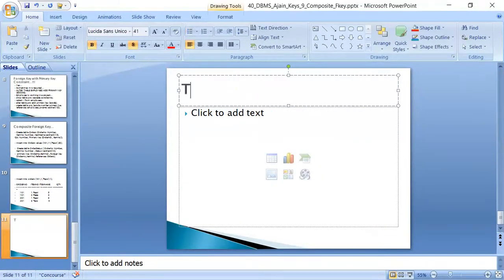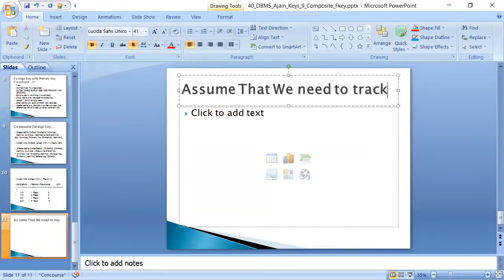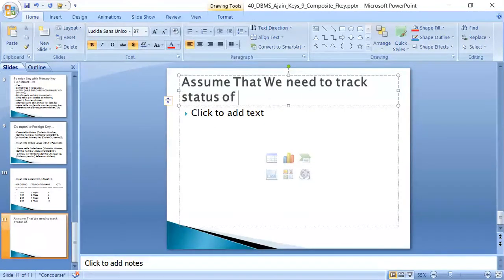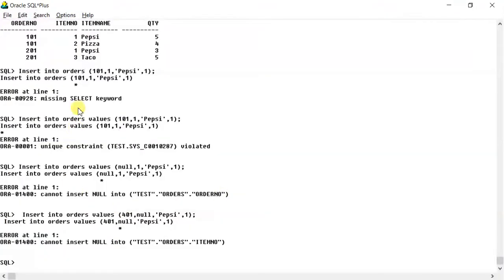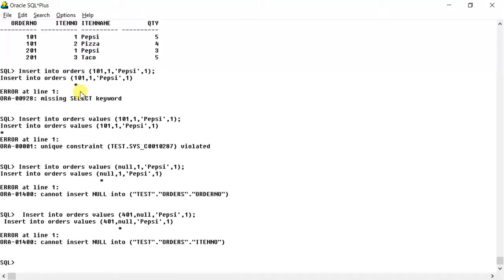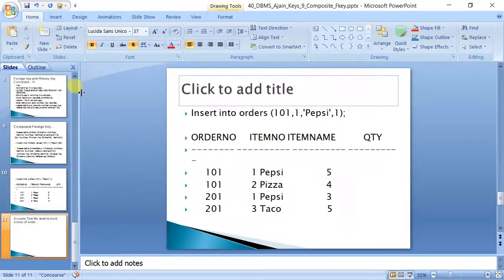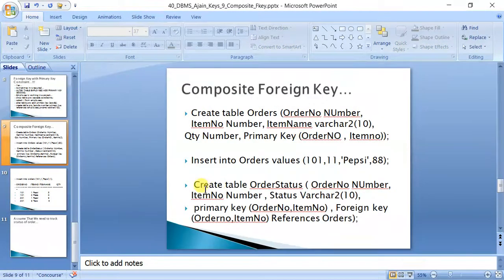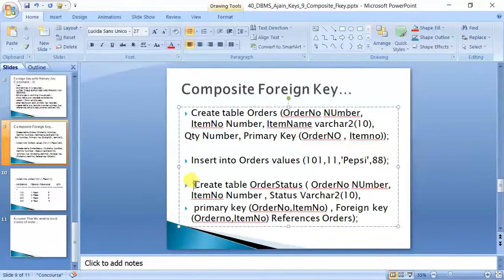Now let us assume that we need to track the status of orders, which order has been delivered, which is under process, which is in transit, or which is being cooked, or whatever is the case. So you need another table which keeps the record of the status of orders. Let us create another table called status. In that status table we will keep the status of orders. Let us see.